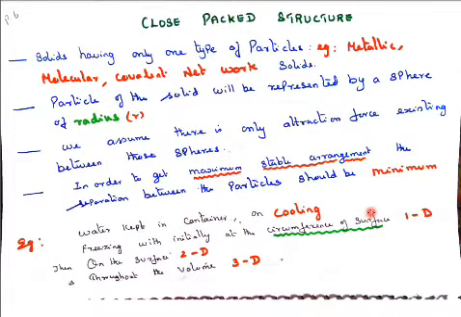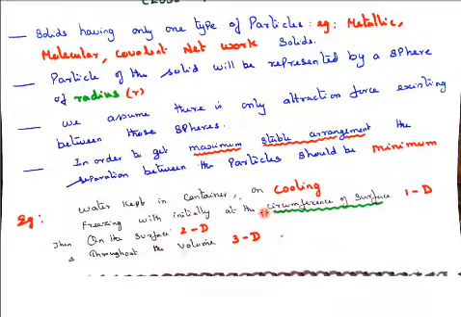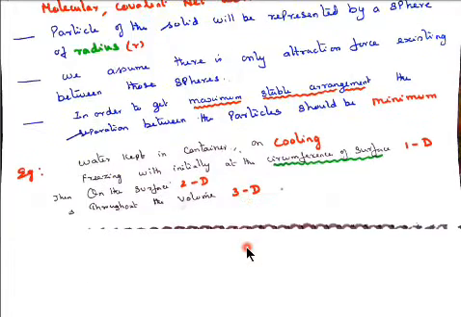For example, I'm going to explain one dimension, two dimension and three dimension. To understand this, I've given a small illustration. Water is kept in a container and cooled. When you cool this, the freezing initially starts at the circumference of the surface, which is a one dimension. Then when it spreads across the surface, it is called a two dimension. And throughout the volume, how much the cooling has passed is called a three dimension.